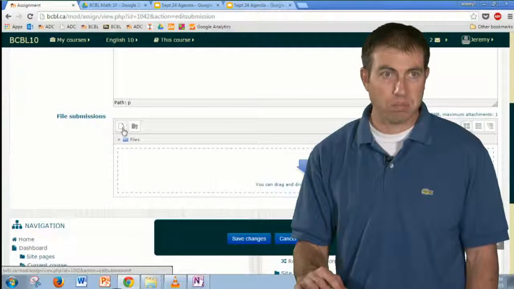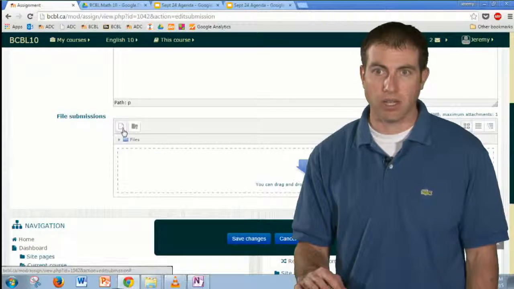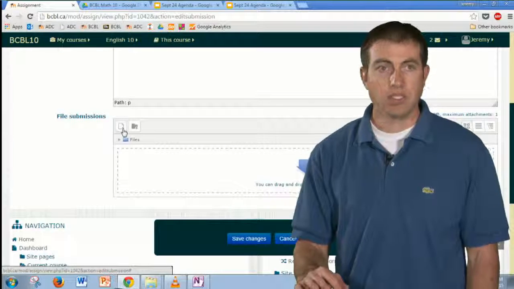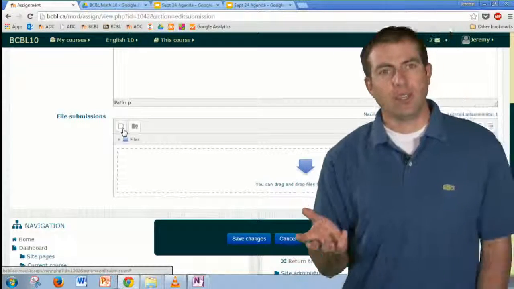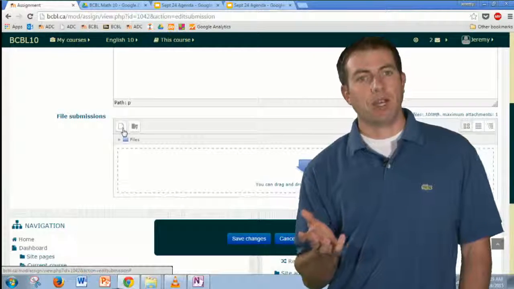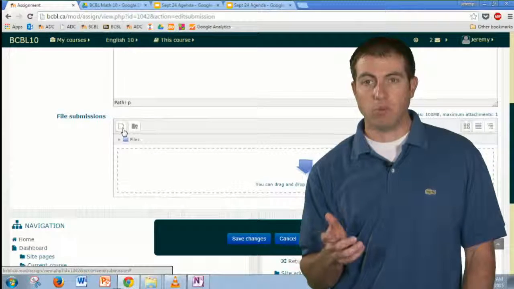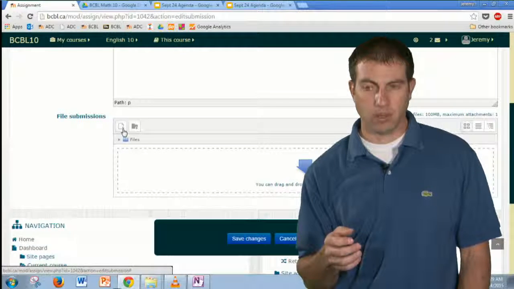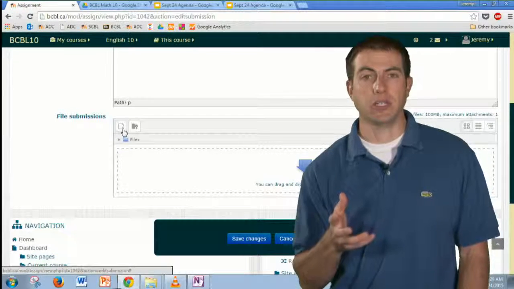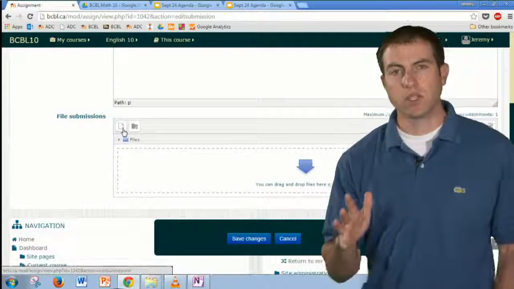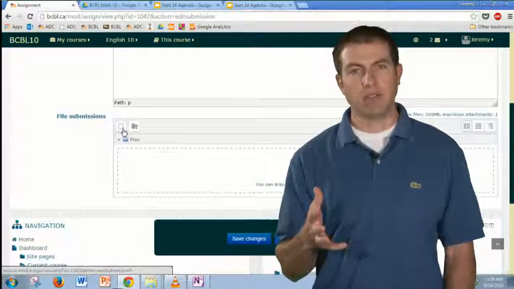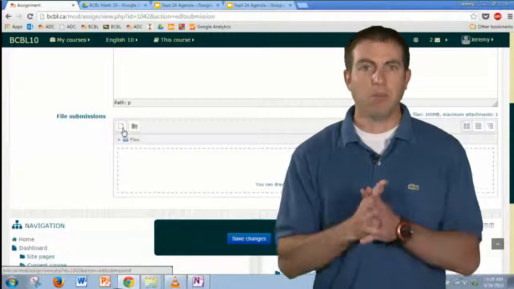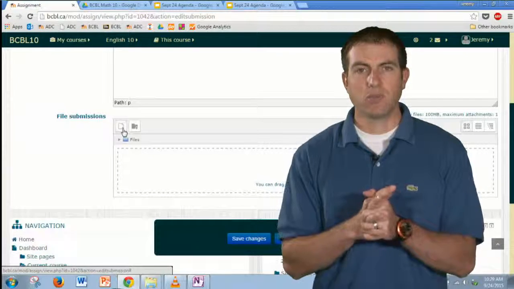Now, there's a little blank page with a plus sign on it. The self-assessment, that's something that I'm sure Mrs. Wood and Mrs. Ward are going to do a lot with your ADC and your English. And for those types of courses, it's going to make a bit more sense for you to have a self-assessment. But for math, I'm not sure it really makes sense.